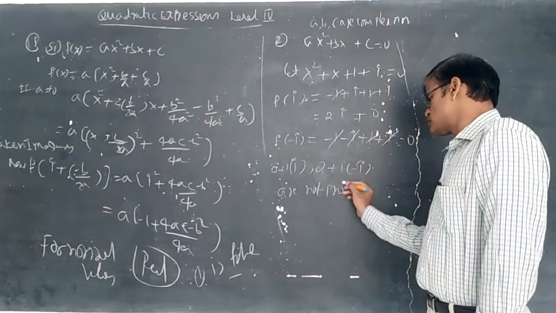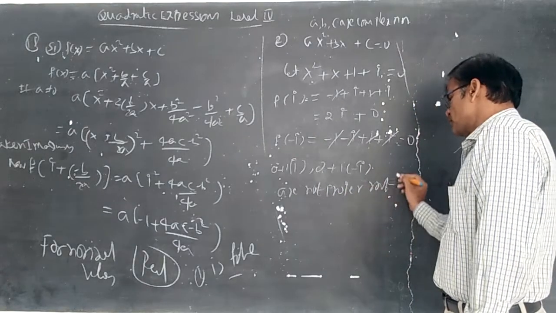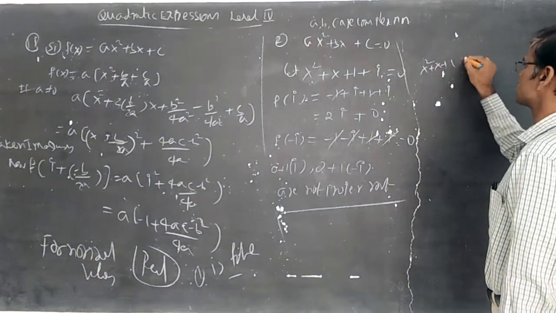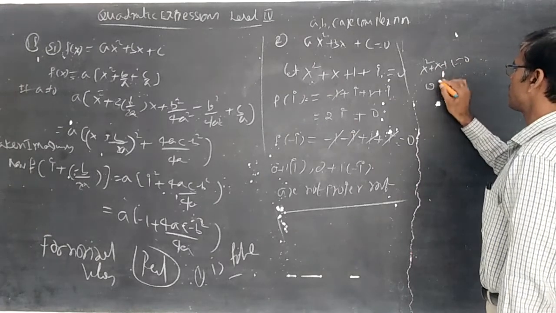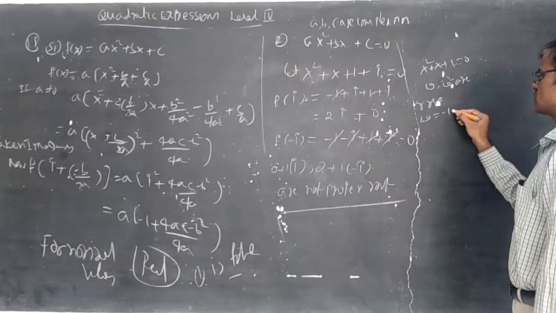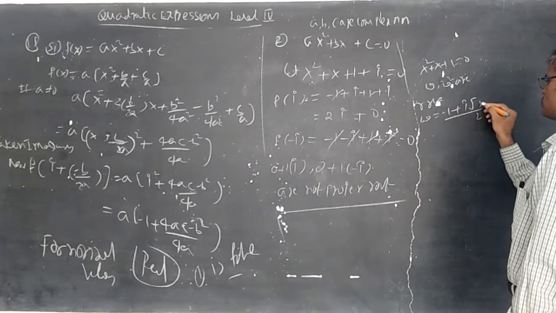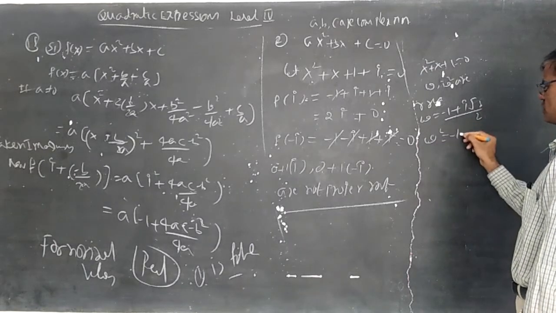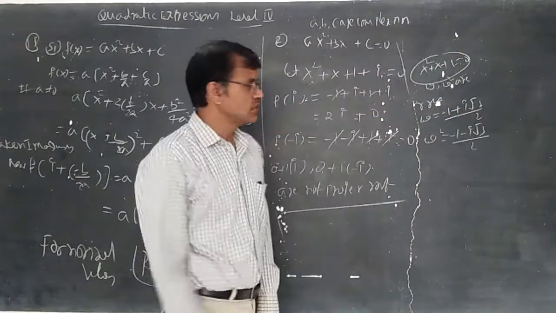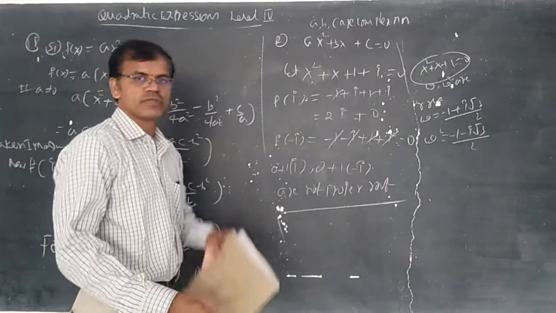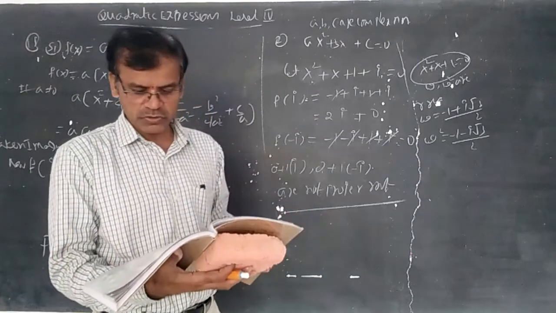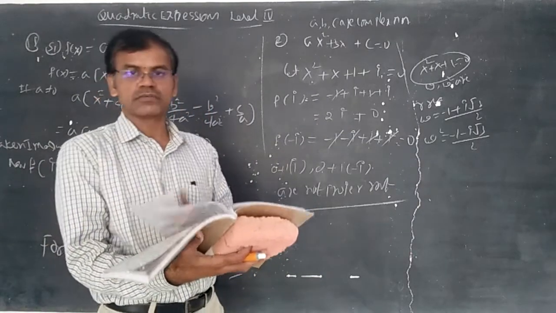But whenever a, b, c are real, no need to write, simply I want to discuss with the example x² plus x plus 1 equal to 0. Omega and omega square are roots. Omega value is minus 1 plus i root 3 by 2 and omega square value is minus 1 minus i root 3 by 2. If a, b, c are real, it is correct. If a, b, c are complex, it is not correct. So statement 2 is false. In the 18th question, statement 1 is true and statement 2 is false, so option 3, option C here.